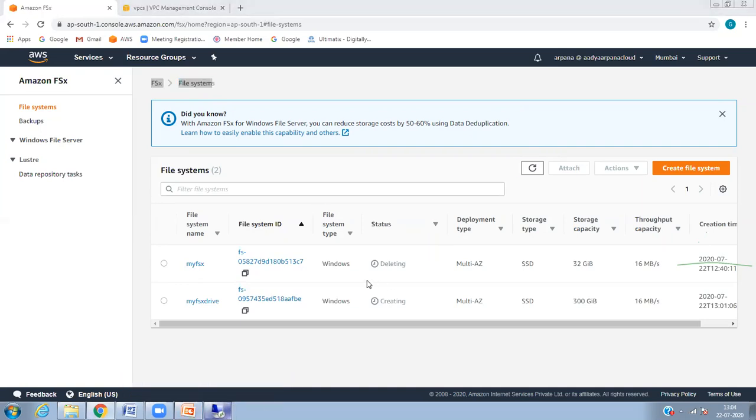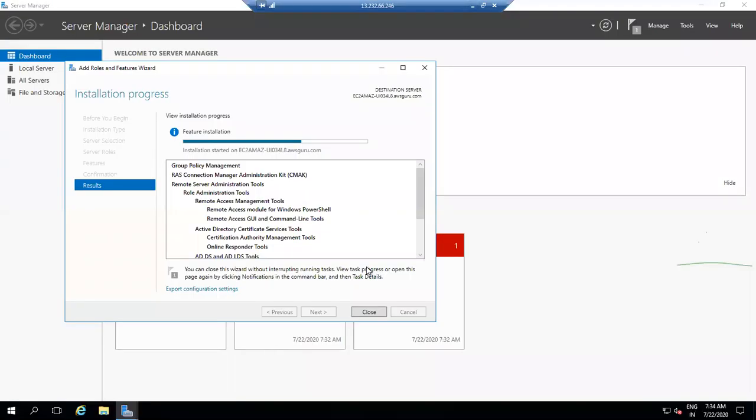However, I'm showing one more option here, right? This is also a very big topic. So here you can create users, and using that user we can log into the server. Let's see, I will show you. The installation process is going on. I'm installing all the remote management tools, where you can manage users and computers from here instead of on premises.